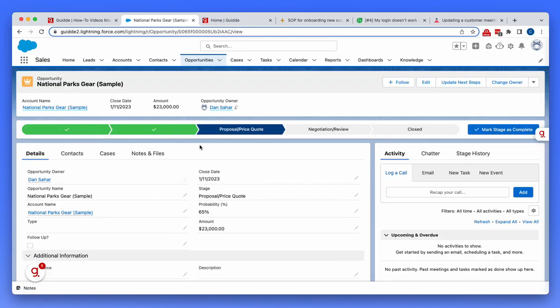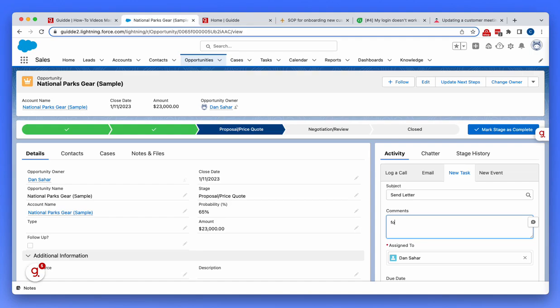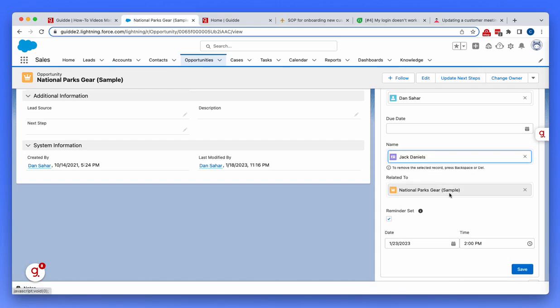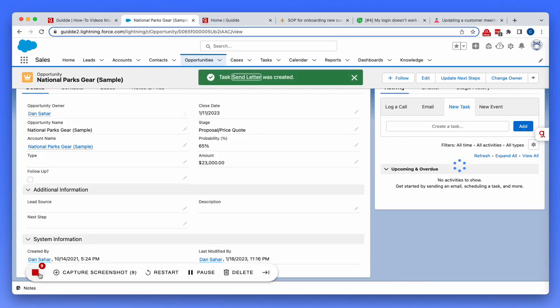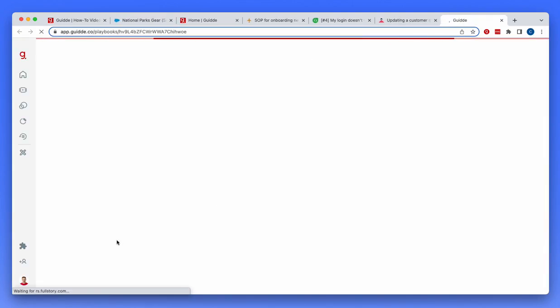In this case, I'm going to update an opportunity with a task to send a letter to the customer and assign it to a specific contact. When I'm done with my workflow, all I have to do is hit stop, and in the background, Guide is